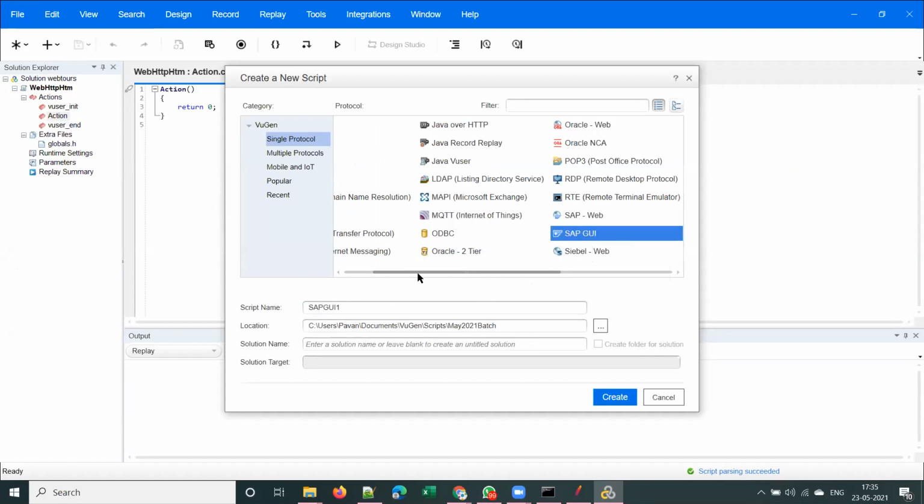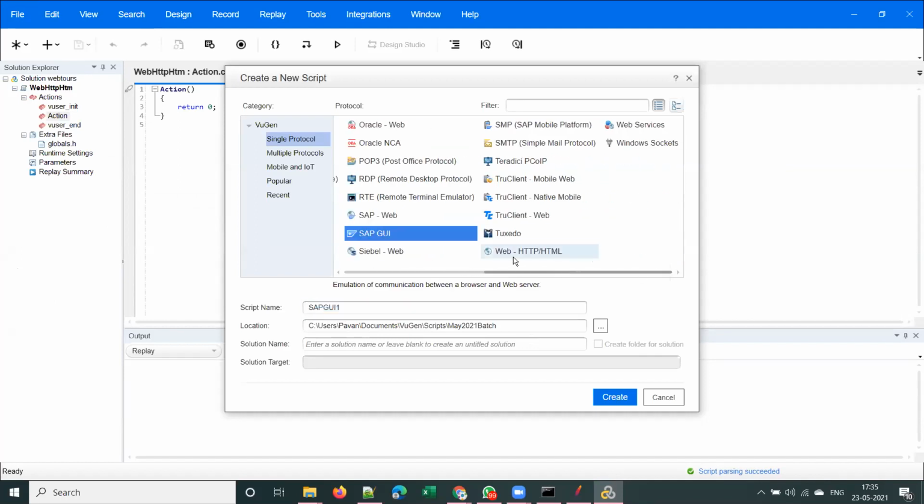If I select SAP GUI, it has given a default script name as SAP GUI 1. In the same way, if I select Web HTTP/HTML, it has given some default script name. You understood how this works? Based on the protocol that you select, it will give some name by default. Okay, so you have to rename it and give some meaningful name.